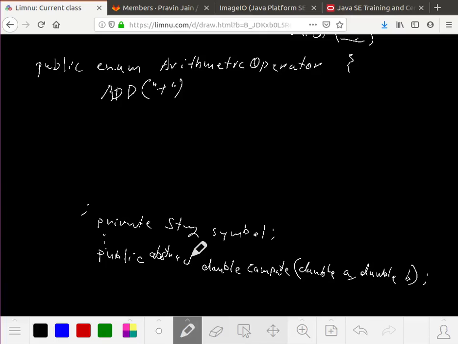But then where does the compute method go? The compute method goes with the object. So for this object, oh, there is an abstract method here. Oh, that's for this object add. Fine. I am creating the object add where